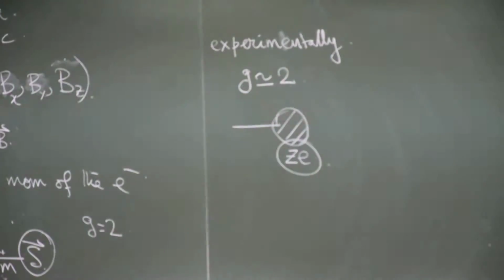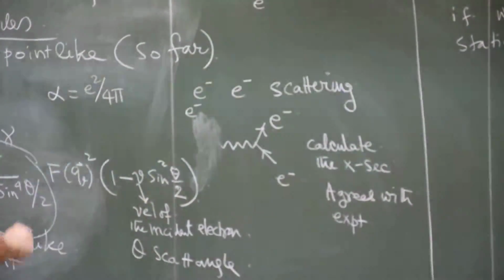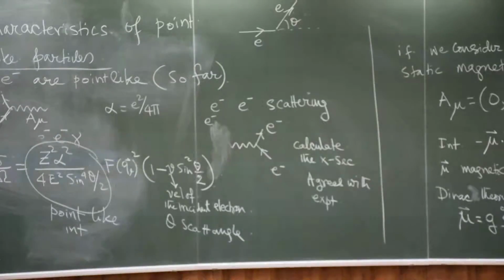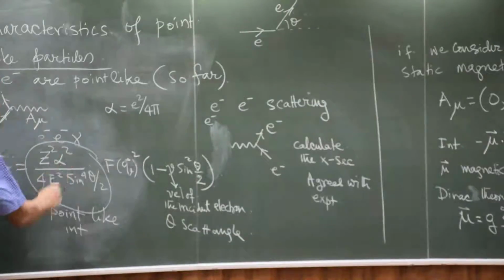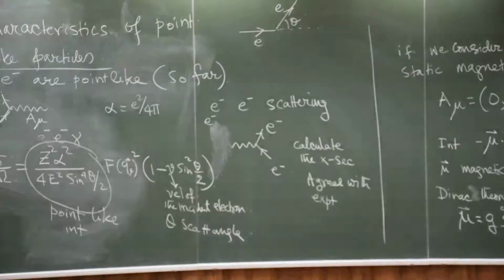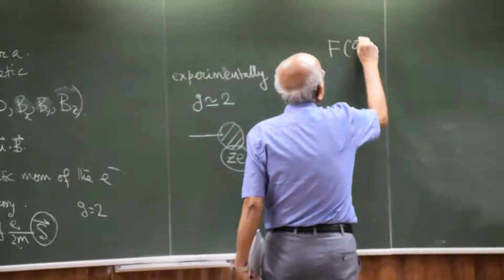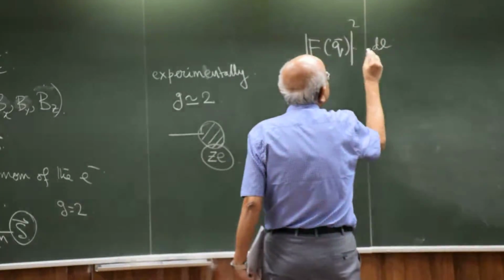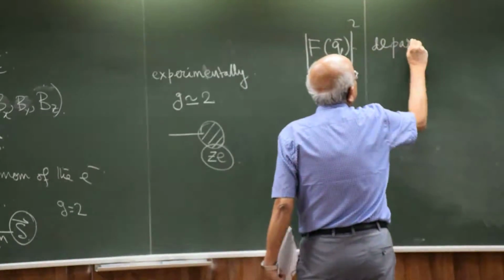That is, if the charge distribution was indeed a geometrical point, then you would get neither this, but this you wouldn't get if the velocity of the electron is low. You will get only this. But this f of q square gives you, this represents departure